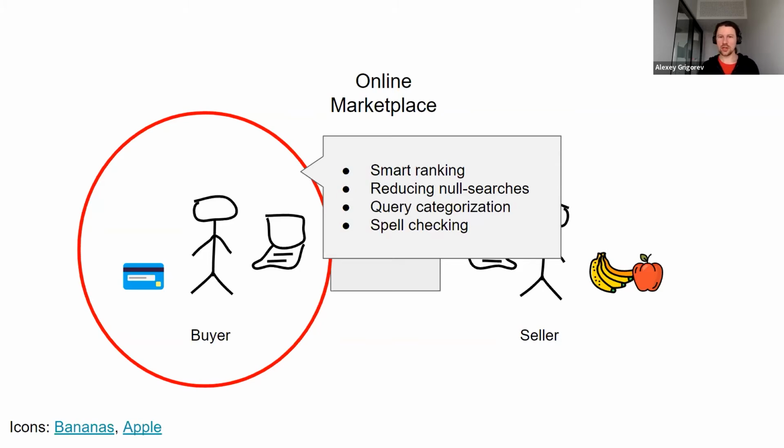So there is spell checking and correction. Or, for example, if I look for Xbox, we can understand that this is a query for a particular category, so this query just needs to redirect to that category. We can do a bunch of things with search. Search is, of course, not the only thing